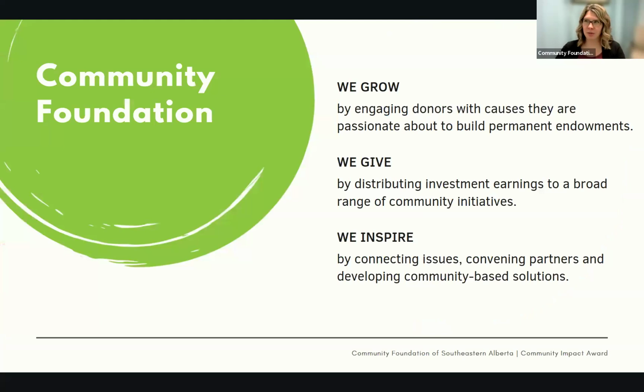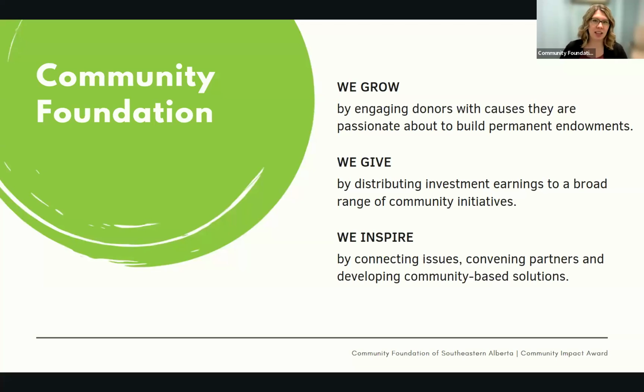If you're not super familiar with the Community Foundation, I just want to give a basic overview here for you. At the Community Foundation, we have 3 pillars. We grow, we give, and we inspire. Essentially, we grow by engaging our donors and accepting donations to put into permanent endowments.